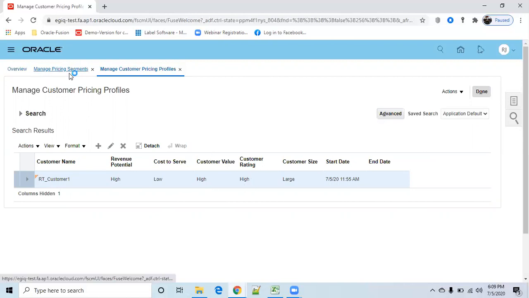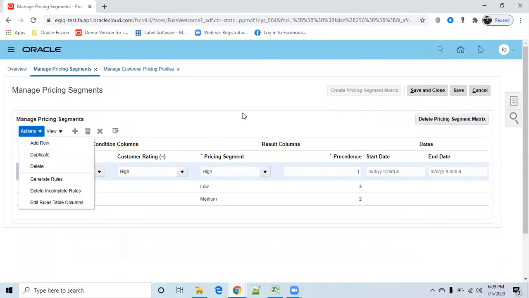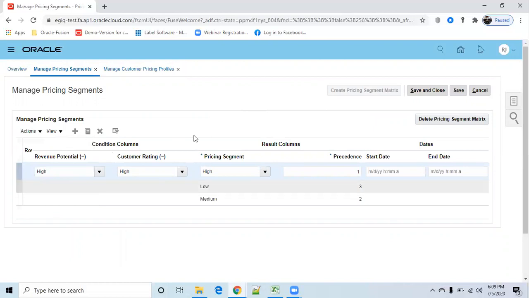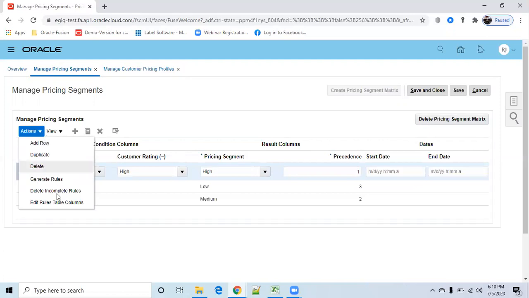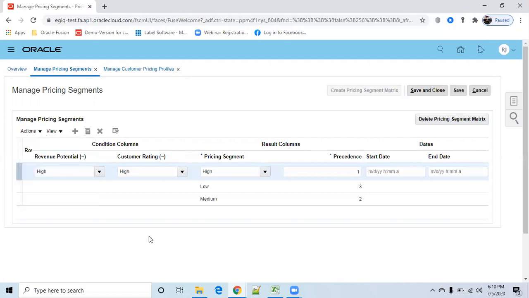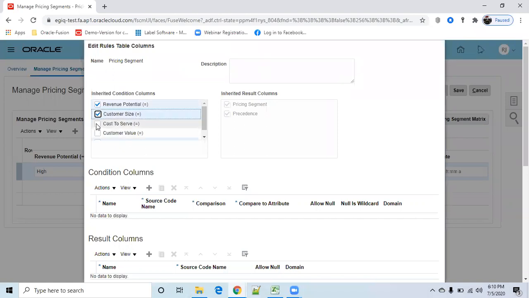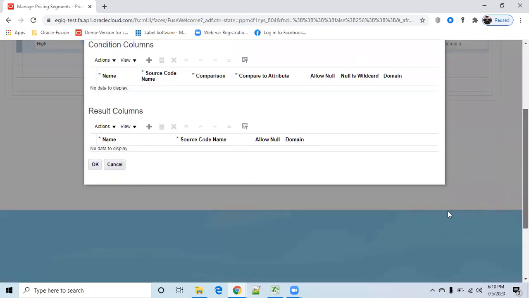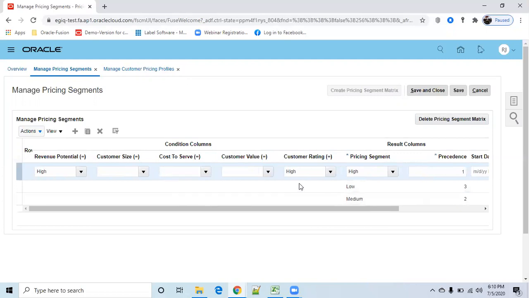Now I will go to the pricing segments. I wanted to show all the attributes of the customer here, because it is showing only revenue and customer. In order to show the complete thing, go to actions, click on edit rules, select all the attributes of the customer, then click on OK. Now you can see all the attributes of the customer.